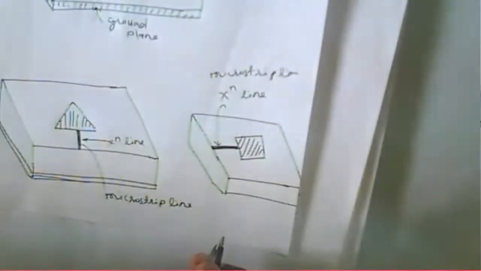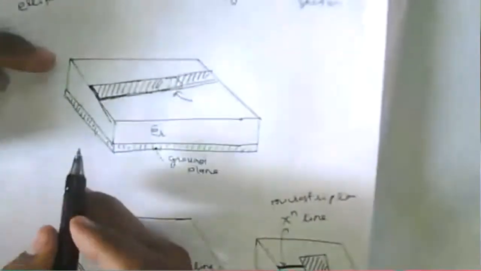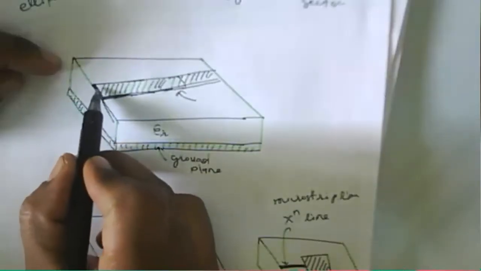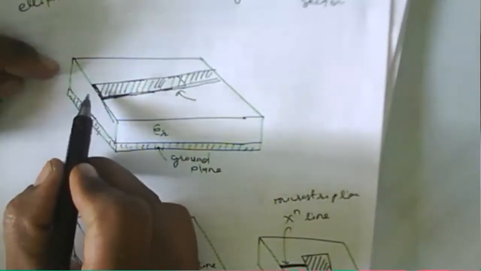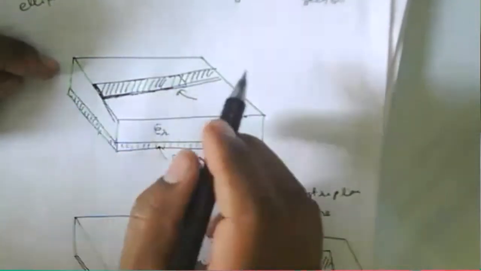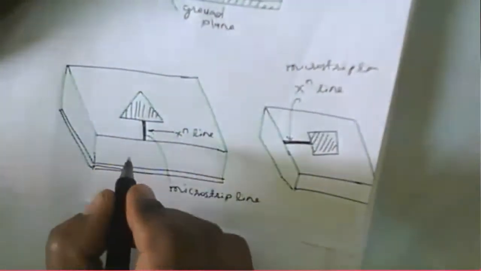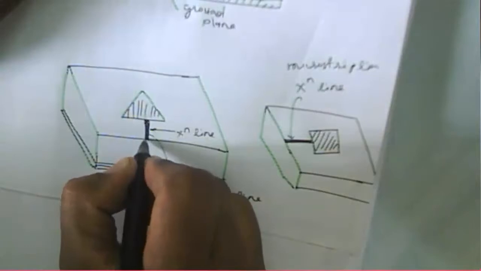Now we have designed a microstrip line earlier. In that case, we say that for the given microstrip line, there will be some thickness, and then there is the length, and then this one is about the width. Length matters when we connect one component to another component. Right now, here we have a line. So it is about the length.